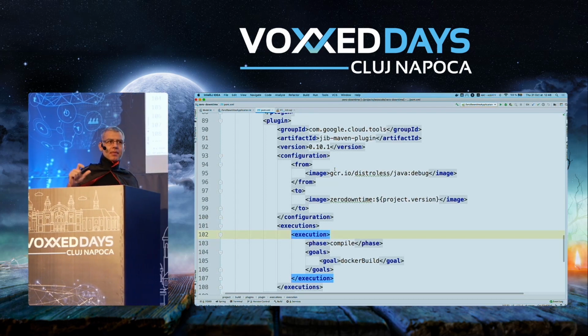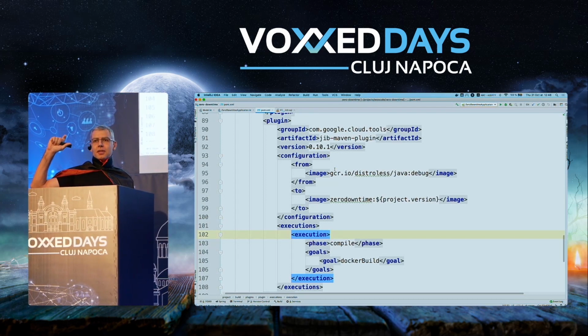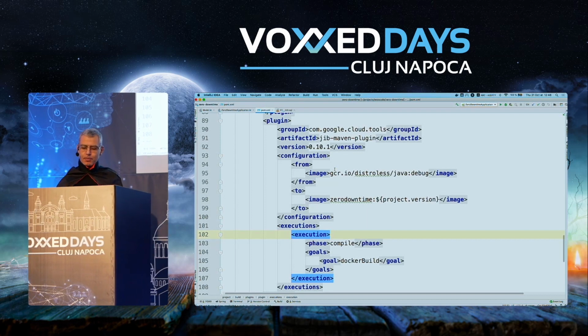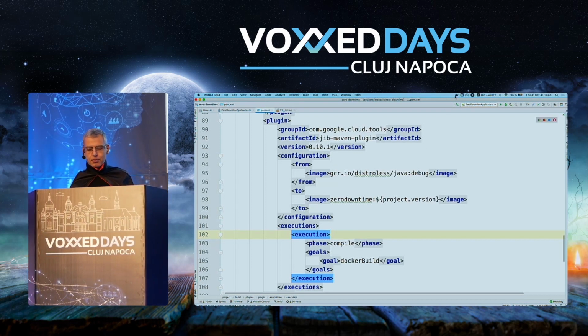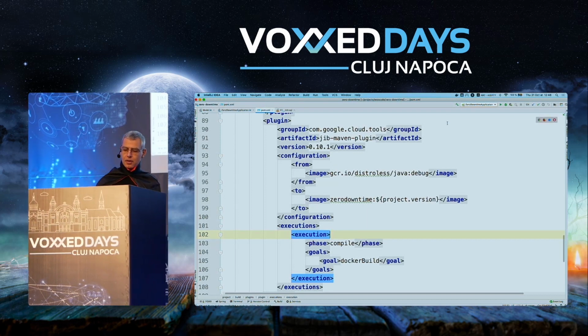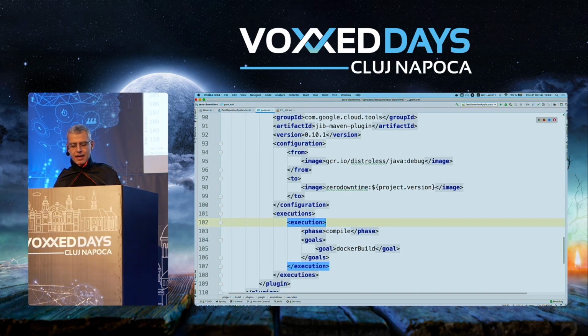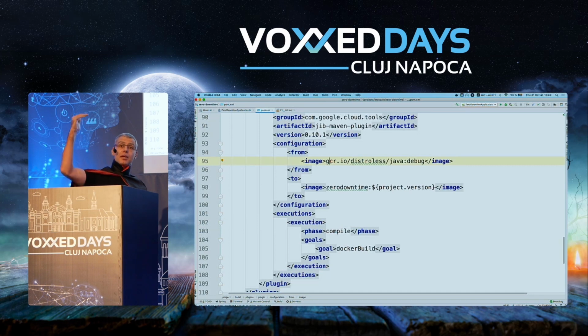And by default, everything will be worked out for you, so it will publish your stuff to Docker Hub, but because I don't want to publish my stuff to Docker Hub, I will just publish it to my local Docker runtime, and you can also define which base image you want to use.